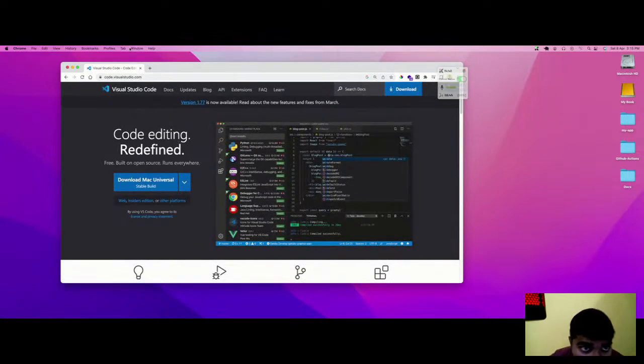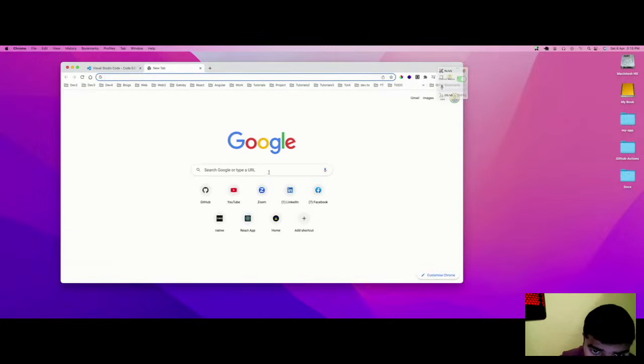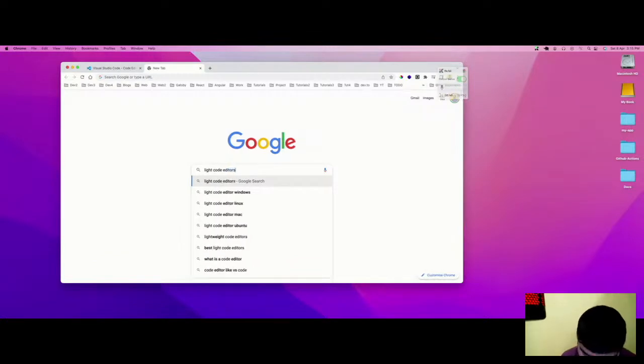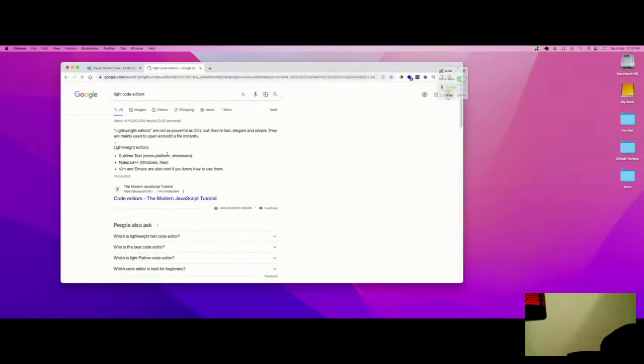Okay, so let us check out them also. So there are Sublime, there are Notepad++, there are Vim, Emacs. So these are the light code editors, but the most commonly used is the VS Code. Okay, so that is how it goes.